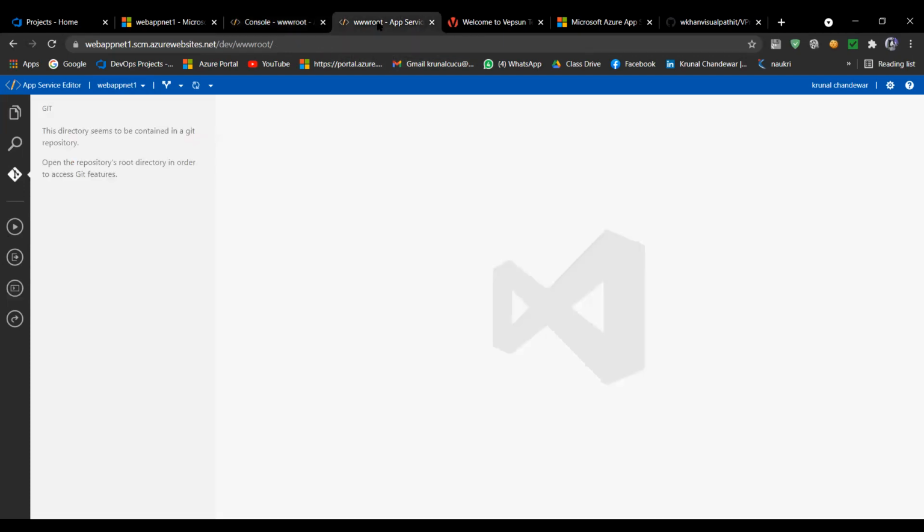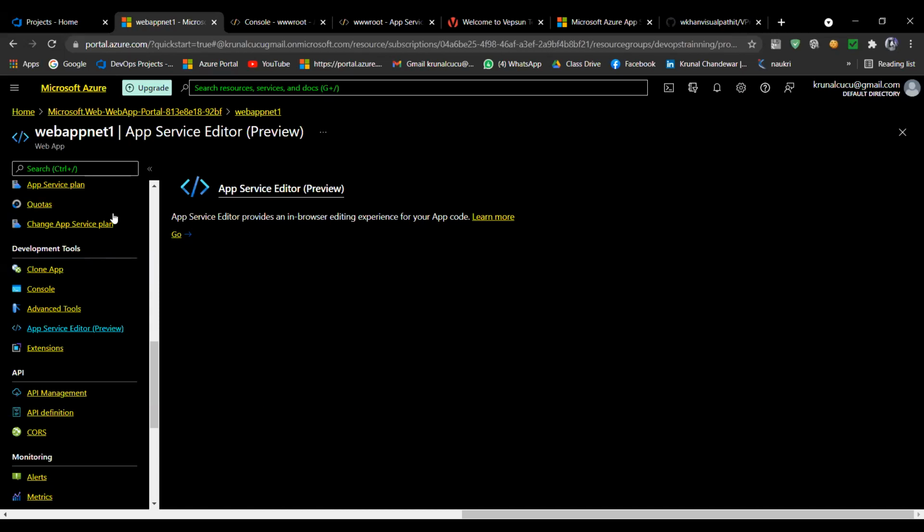Now our main task is this. Initially we had only these two options here, but I copied this from that GitHub, and now this code is also available with our web app. And as you know, we created this web app here.